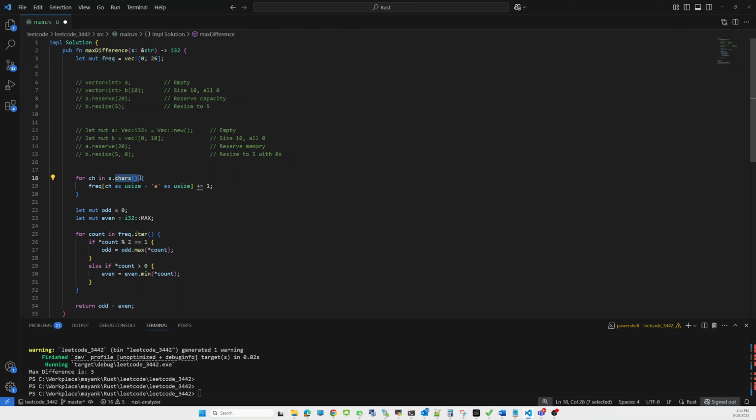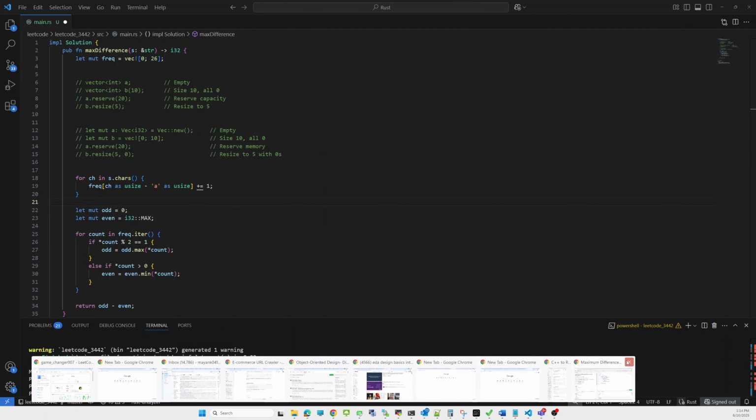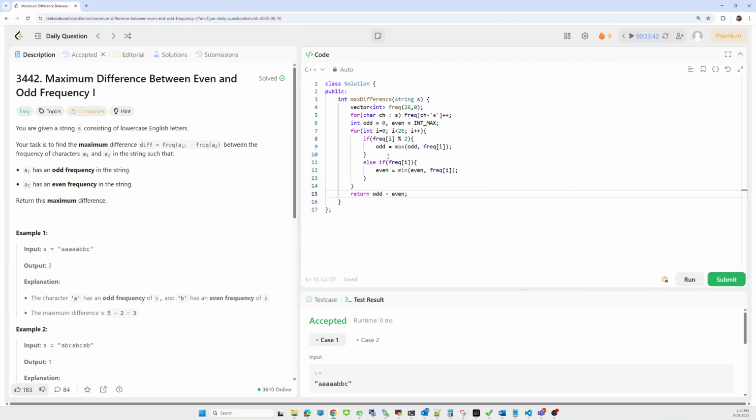Now in C++, I use this character as an integer. I am converting it, taking the difference of characters ch minus a.